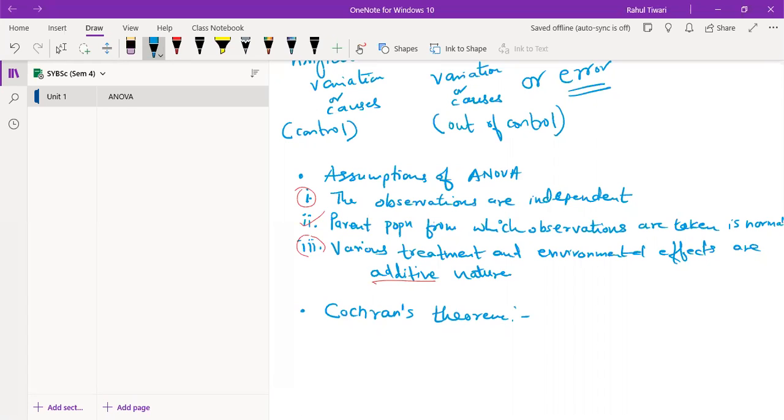What it says: let x1, x2, and so on up to xn denote a random sample from a normal population with mean 0 and variance sigma square,